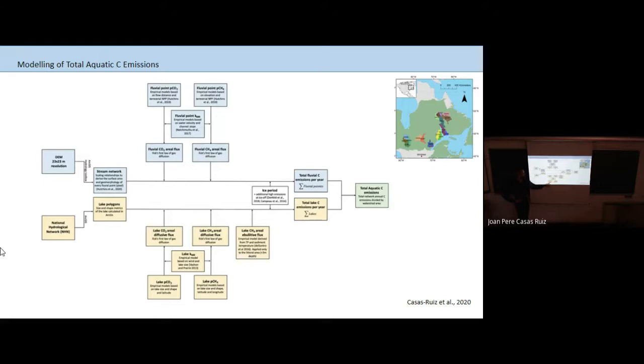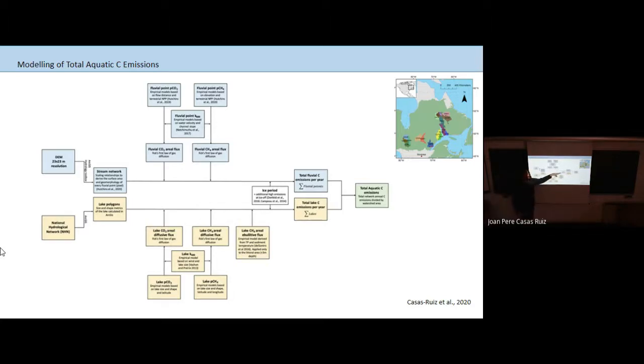We derived the concentrations of CO2 and methane in lakes from the size, from the shape, and from watershed characteristics. We also calculated the gas exchange coefficient derived from the wind and the size of the lake, and we can get our diffusion emissions from lakes. On top of that, lakes also emit methane through bubbles that are formed in the sediment, and they are suddenly released to the atmosphere. So we also accounted for this based on temperature in the sediment and total phosphorus concentrations.